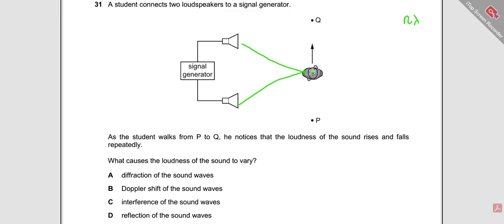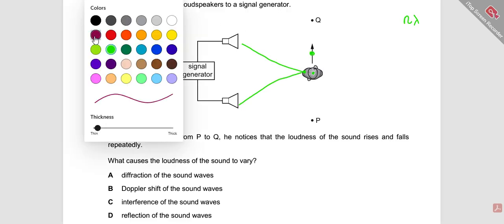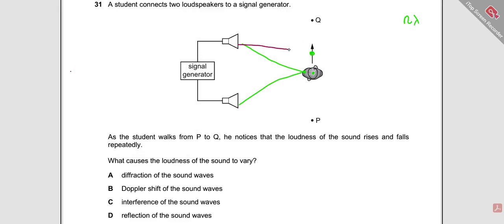At this point, there would be constructive interference, and you will hear loudness. And let's consider that this person has moved a little ahead, and now here the waves coming from both sources would have a certain path difference. And let's say now this path difference is an odd multiple of half the wavelength, or we can say integer plus half of the wavelength. At this point, there is going to be destructive interference, and instead of loudness there would be a decrease in loudness, or we can say